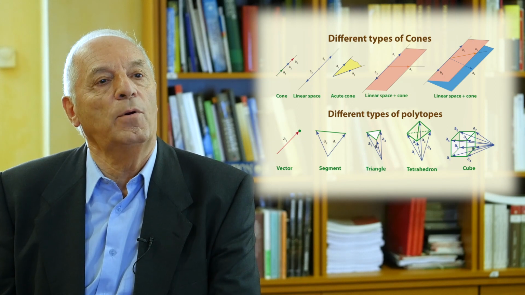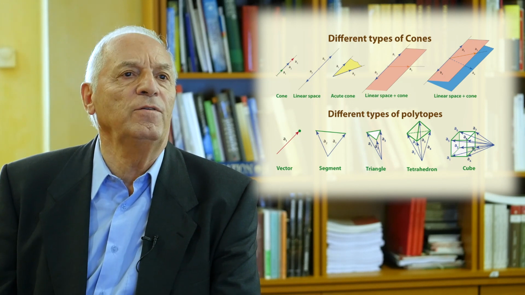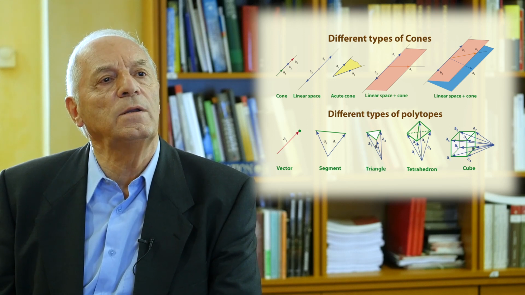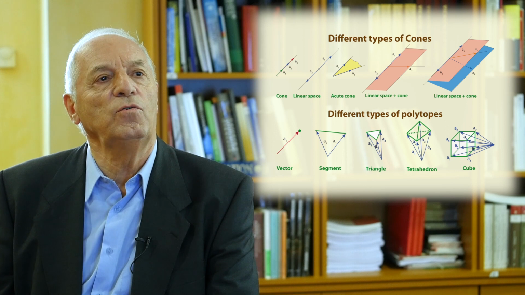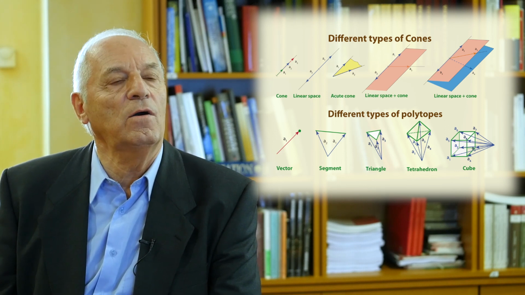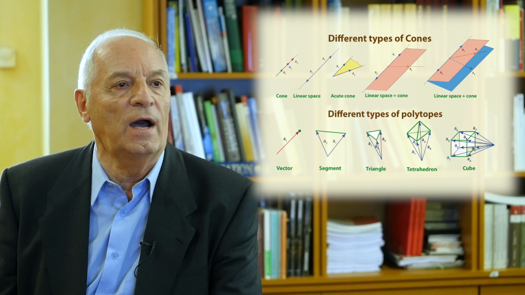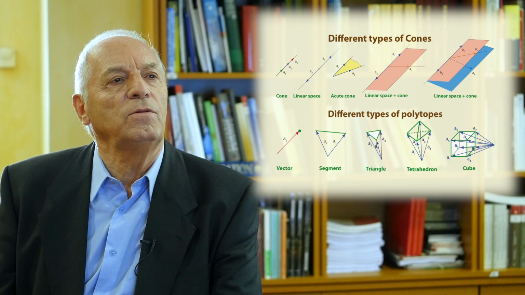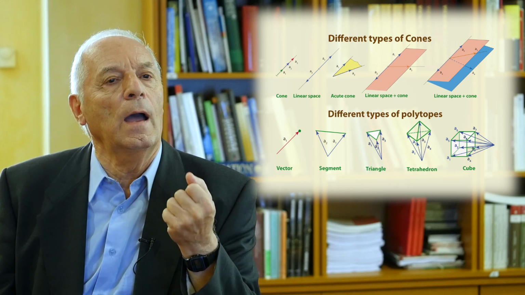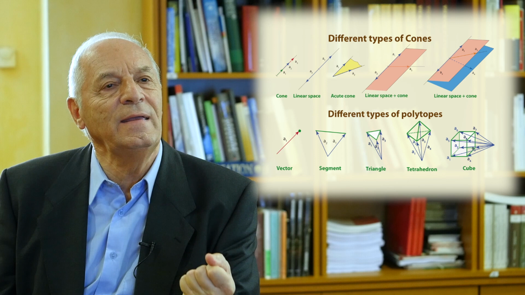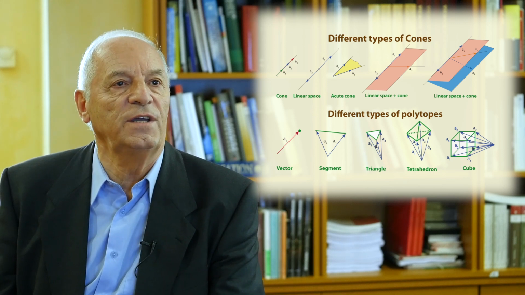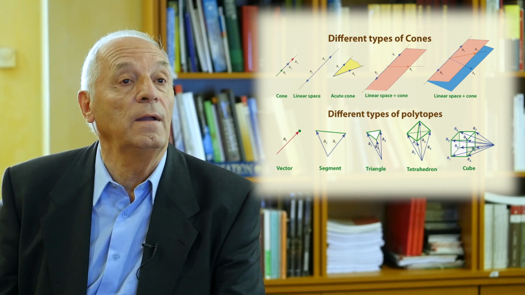In the course, we start by describing polytopes and cones, and apart from the theoretical definitions, we try to give some pictures for you to have an intuitive idea of what cones and polytopes are. I think it is very important for the student to have a graphical model for these structures, because it facilitates the understanding of the theory.